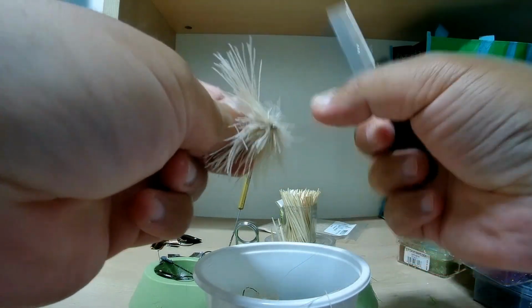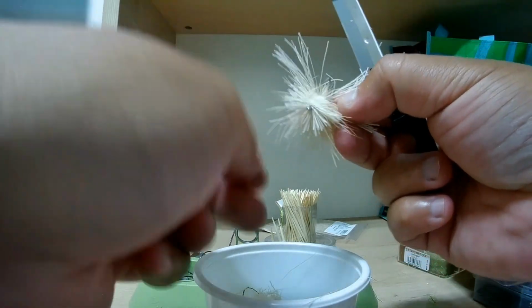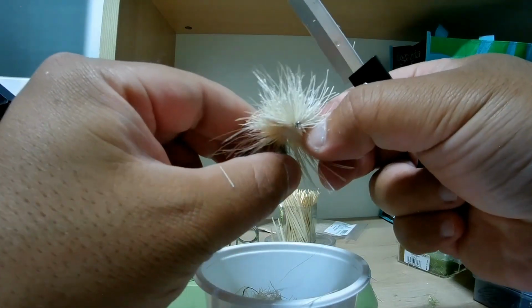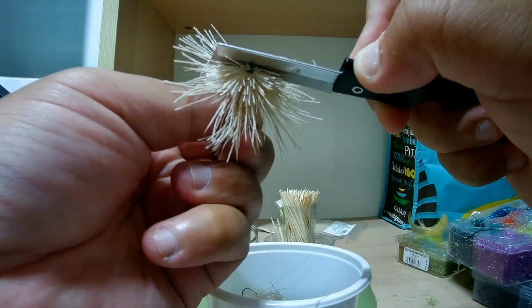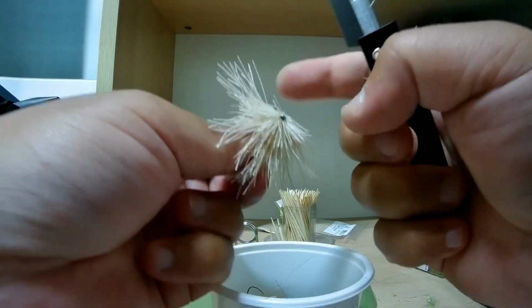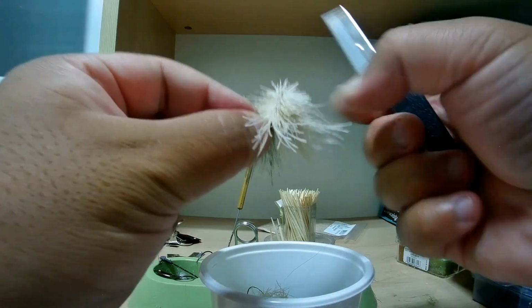That's fine. Alright, so that is a good bottom cut there. And there's enough space so the fish can get hooked. Looks a little bit crooked. We'll work it a tad bit more. Yeah, that looks good. And for the top,